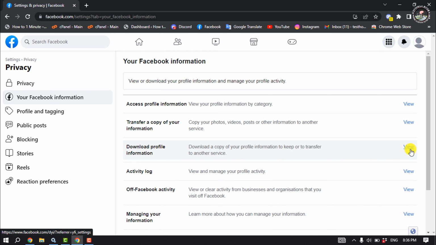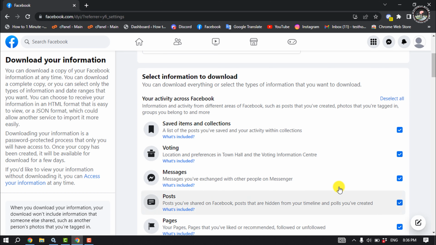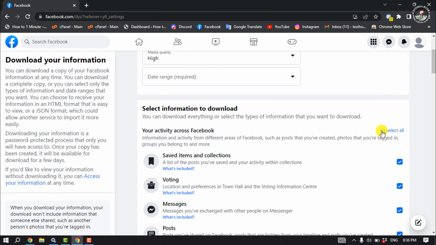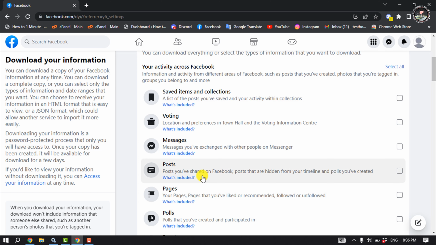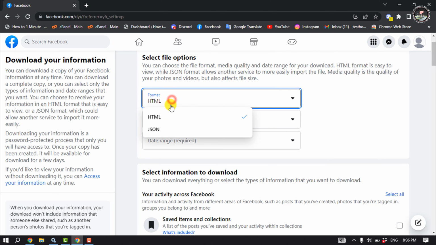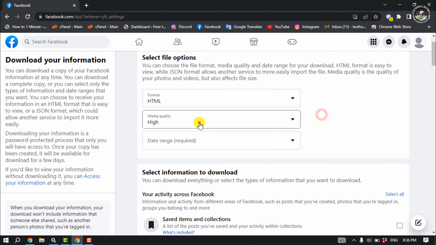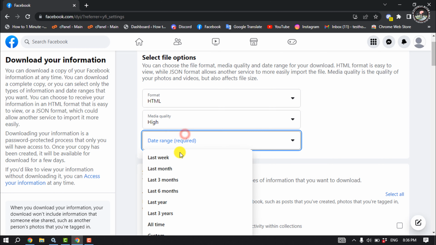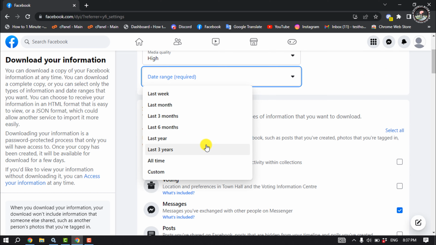So you have to click on view, deselect all these options by clicking on deselect all, and you have to select only messages from here. And now select the file format and media quality, select high, date range. If you want to back up all your messages, then you have to select here all time